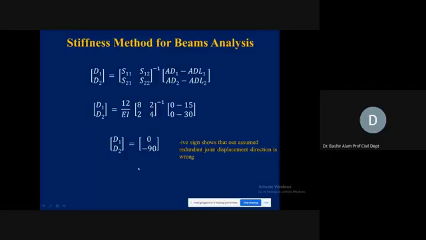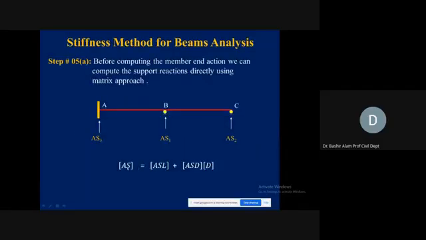D1 क्या है, 0 आ रहा है। इसके बाद हम मेंबर एंड एक्शंस पे आए, first support reaction हम मालूम करते हैं। मिडल वाला S1 मैं कहता हूँ, राइट को हम क्या कहते हैं, AS2, and left at support A we call this AS3। Corresponding values जाके आप previous diagram से करेंगे, ASL ASD instead of AML, I am writing AS because of support now, और ASD, AMD की जगह मैं लगा।